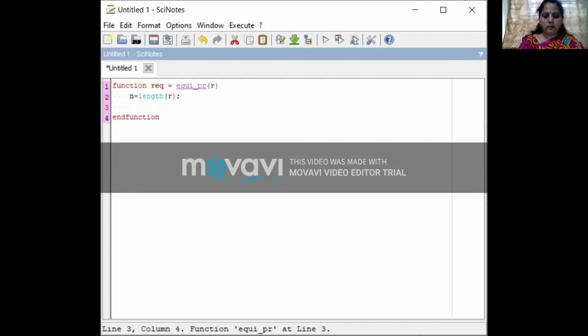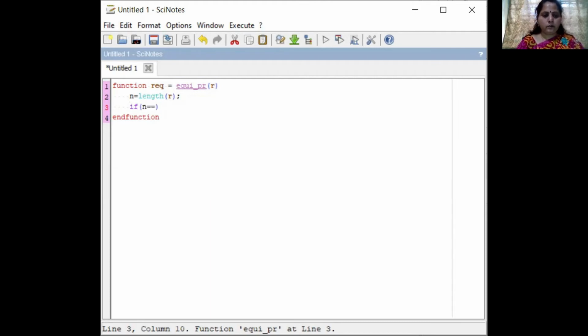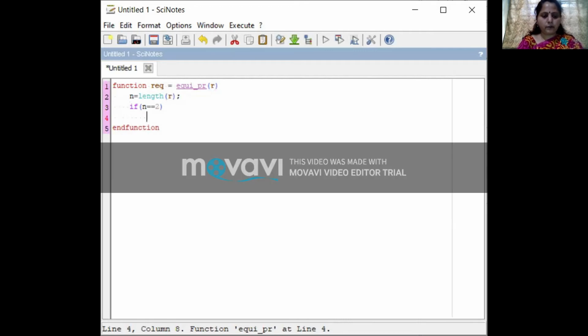Okay. Next line, we'll have the if statement. So if n is equal to 2, then I need to enter the expression for equivalent resistance. So R equivalent will be equal to